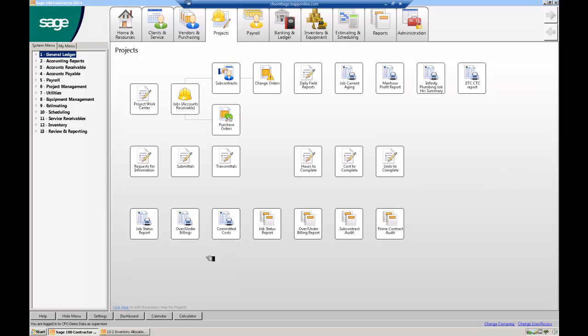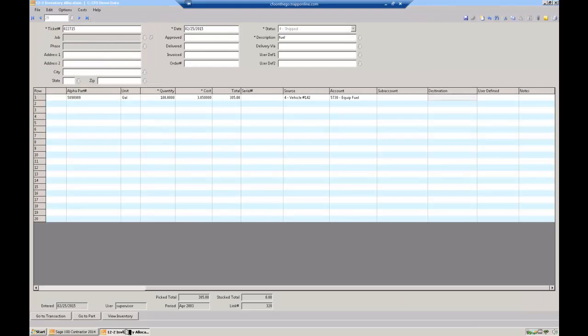Hey, I think this would be the easiest way to get that fuel where you want. One is when you buy the fuel, when you go through AP, you just stick it into a warehouse or put it on his truck. I don't know if he's filling up from a tank in your yard, or when he goes to the vendor, but when he loads that, you just put those number of gallons of diesel on his truck, his vehicle, and then you come in and do an inventory allocation, and there's an inventory module,